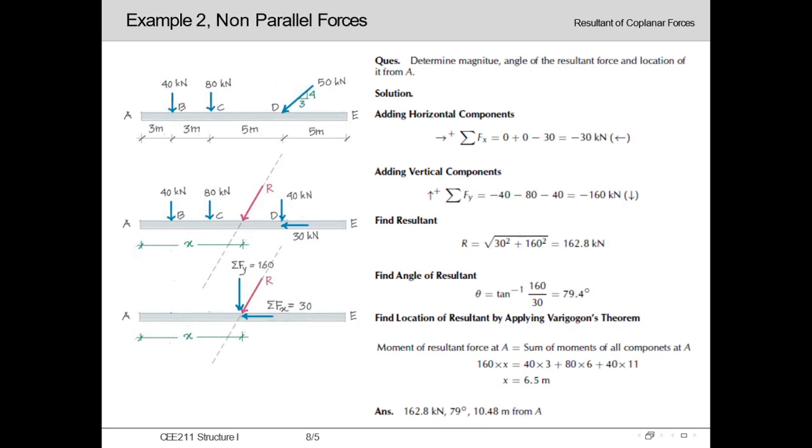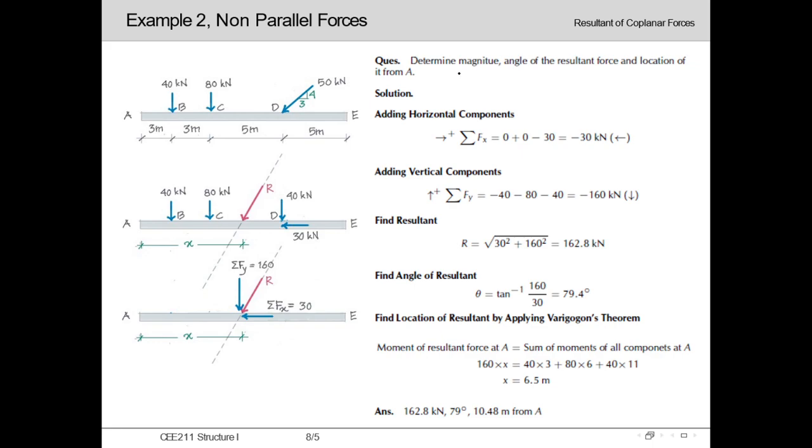In example 2, the problem is almost the same. There is a bit of difference. The third force is acting as inclined. So as it is inclined, there will be a component in x direction. Let's